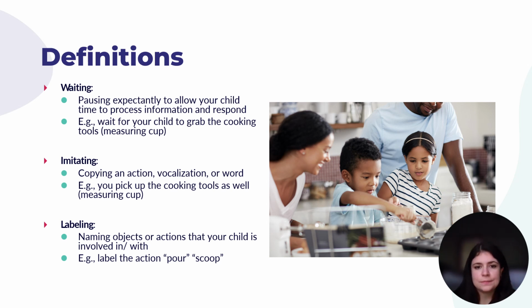or saying. And finally, labeling is referring to naming and talking about the world around you and your child. Think about labeling not just objects, but all different kinds of words, so action words, location words, and describing words. In the chat, let's try to come up with different ideas or different words that we could model when we interact with our child. You're also welcome to unmute yourself and tell us your ideas.